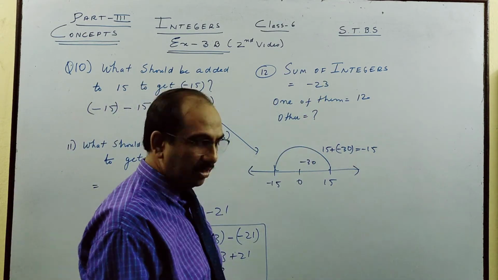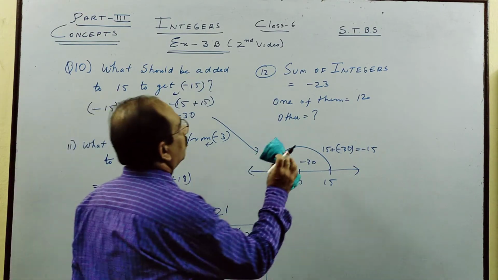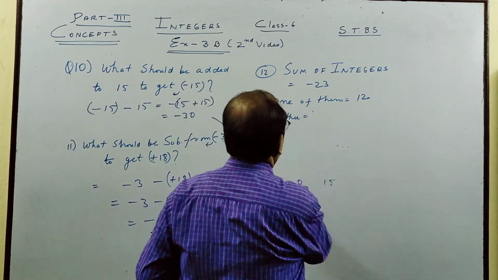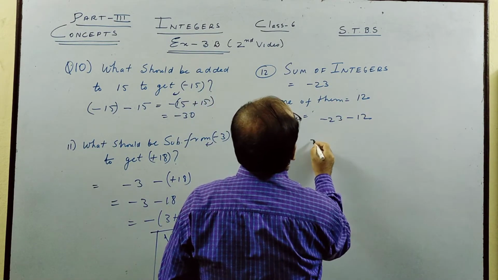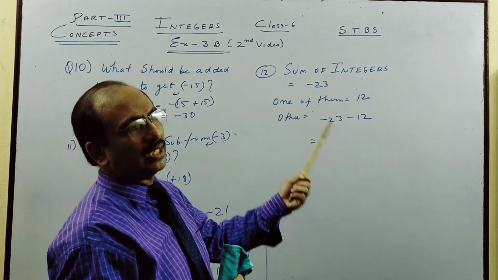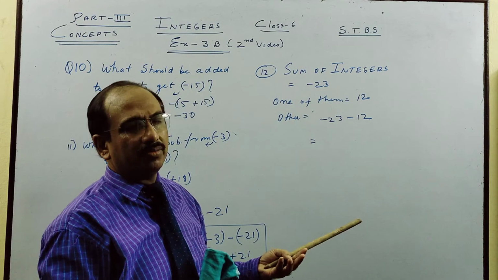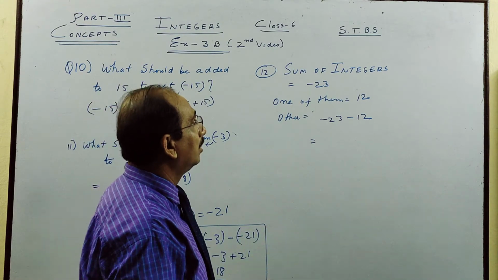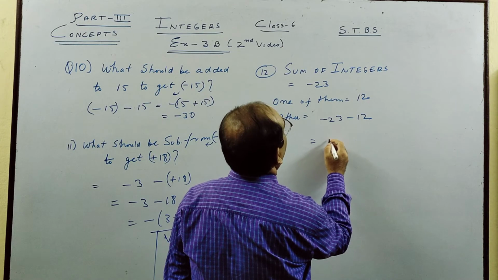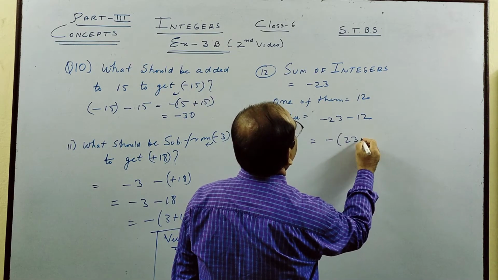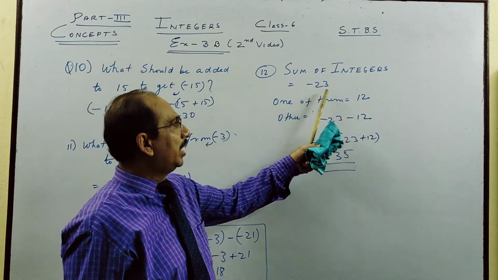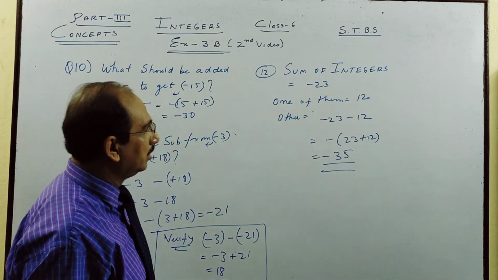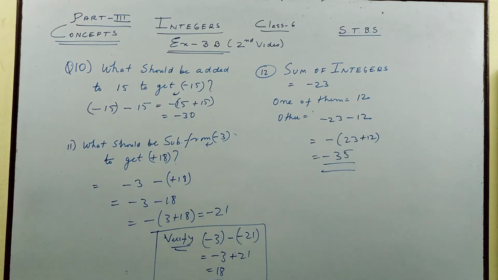Sum of two integers is given and one of them is given. So the other will be, children, 23 minus 12. Like I tell you, the sum of two integers is 8. One of them is 3. The other will be 8 minus 3, which is 5. So this minus this. So what do we do? Minus minus this, we add. So we get minus 35. So the sum minus the one that is given, you get the other. Okay, so pause the video and copy, and we move on to the last 2-3 questions.